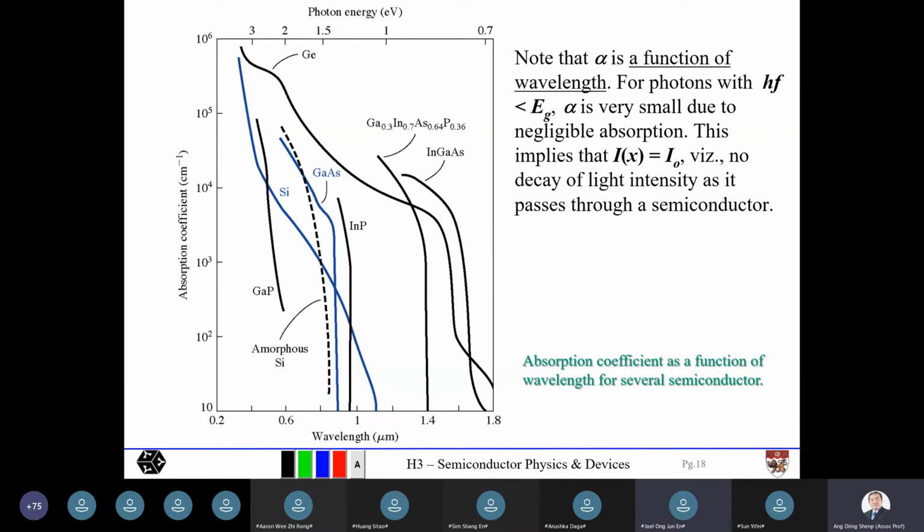So then only for intrinsic semiconductors does it have to be above the energy band gap for generation of electron hole pairs. Okay, thank you. Just to add on to what you asked, if you look at this diagram again,